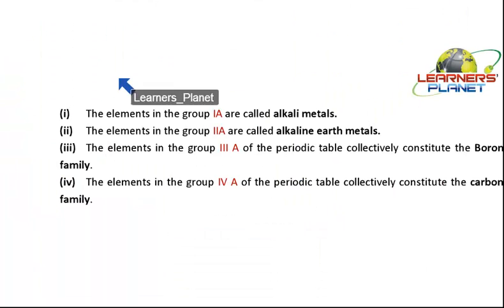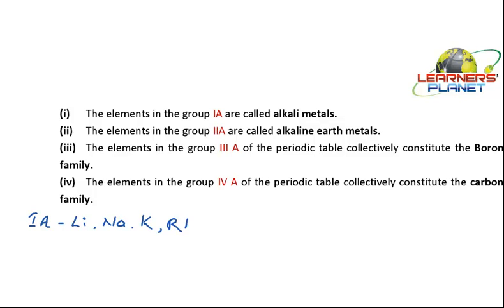Now I told you the elements in the group 1A are called what? Alkali metals. These are what elements? These are lithium, sodium, potassium, rubidium, cesium and francium. So these 1A elements are alkali metals, that is lithium, sodium, potassium, rubidium, cesium and francium. Then we have got the second A